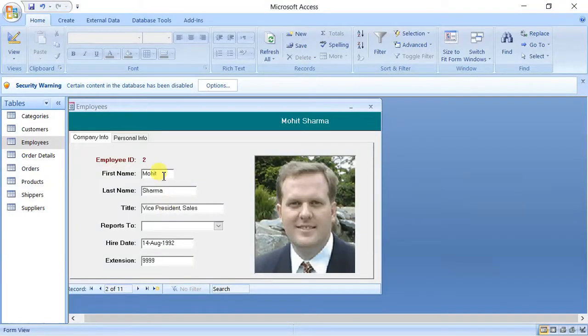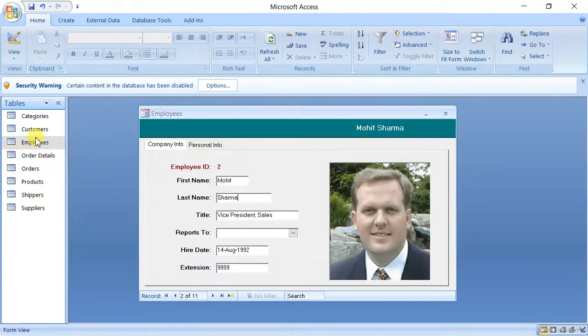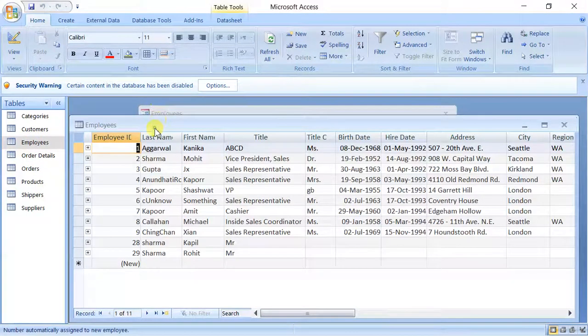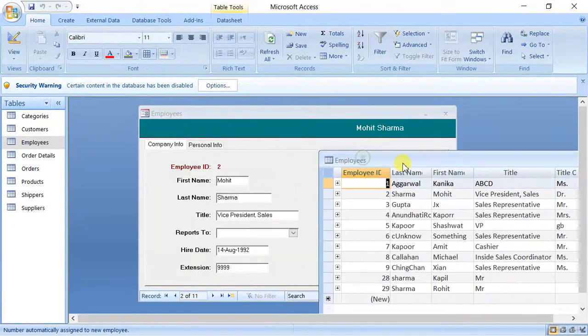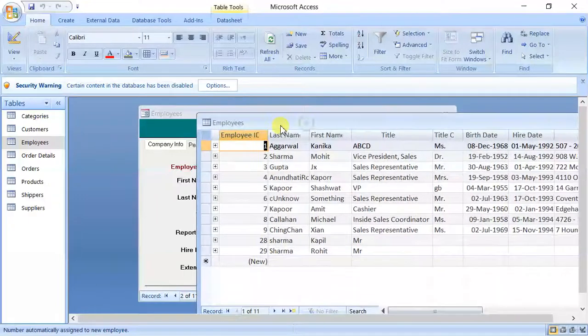So it means whatever we are doing in front end is going into tables, and whatever we do in tables will be reflected in front end. Both the things are the same. The most important thing in any project is to decide the number of tables.